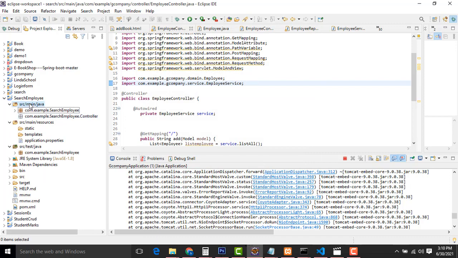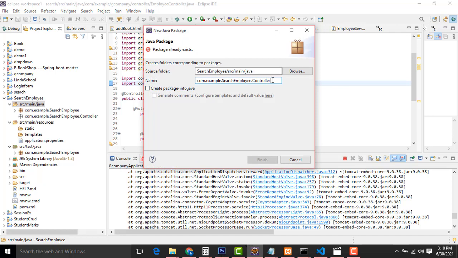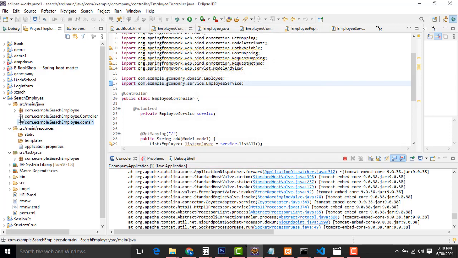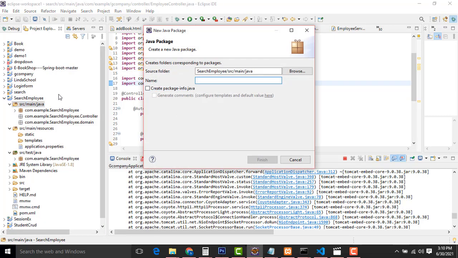After this, select this one. Here same thing, I just copy and paste it. Here I am going to change the name to domain. This one should be domain. After that, again I am going to create the repository package, and your service package, your search service.